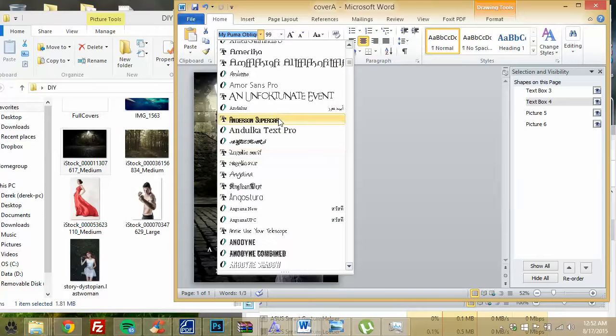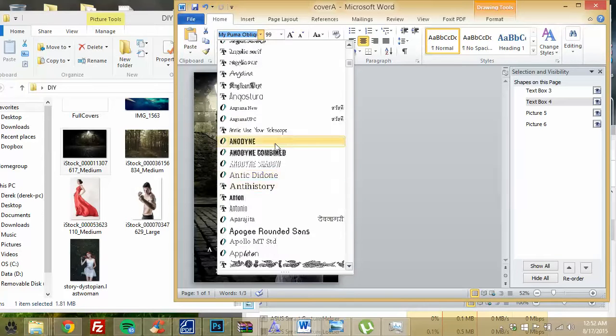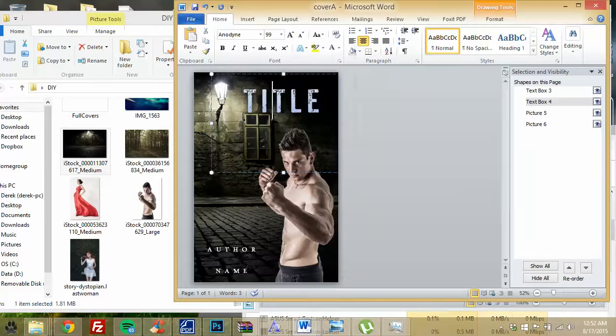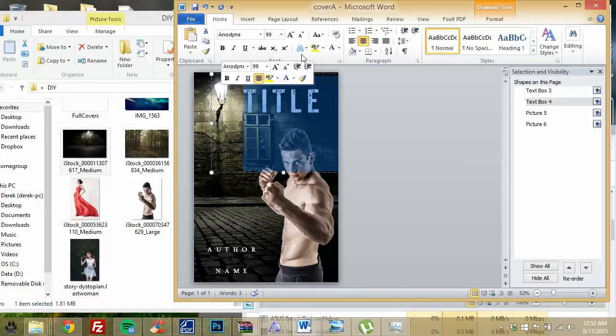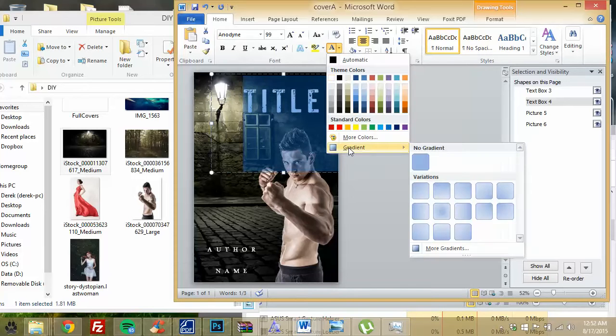I'll get rid of this gradient. Gradient is great for something that kind of looks clean and shiny, sort of like metal, but if I'm using a really rough font, it's going to look a little bit funny. So I'll take the gradient off and just change it back to white. And then